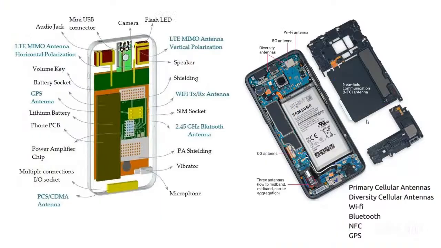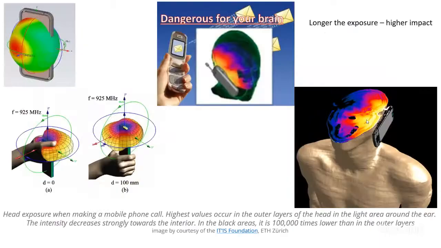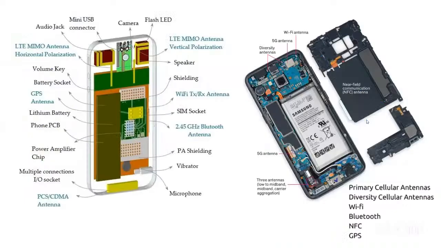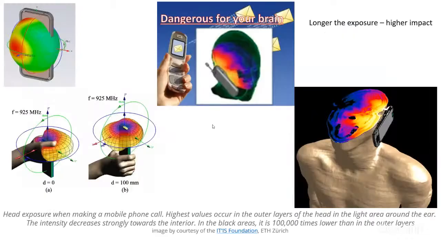One more thing: in the previous slides I mentioned that we use microwave or RF energy for applications like heating our food. The microwave oven works at 2.4 gigahertz, the same as the Bluetooth and Wi-Fi antenna. Also, nowadays we are using earbuds. Wherever wireless is there, there lies an antenna on both sides, so it has to be connected through antennas only. Whatever wireless device you use, if you use a wireless headset, wireless earbud or earphone, it has inbuilt antennas.